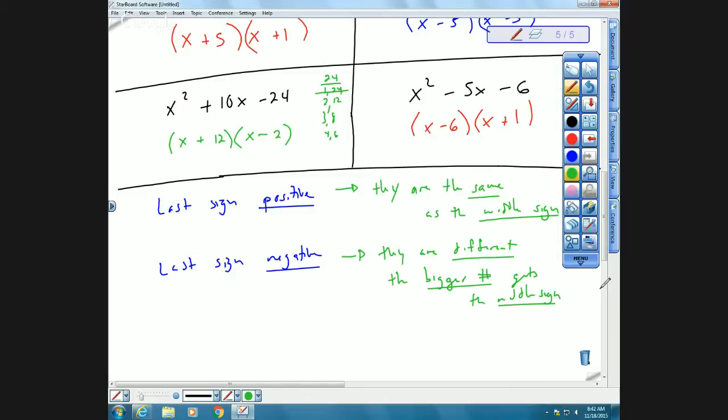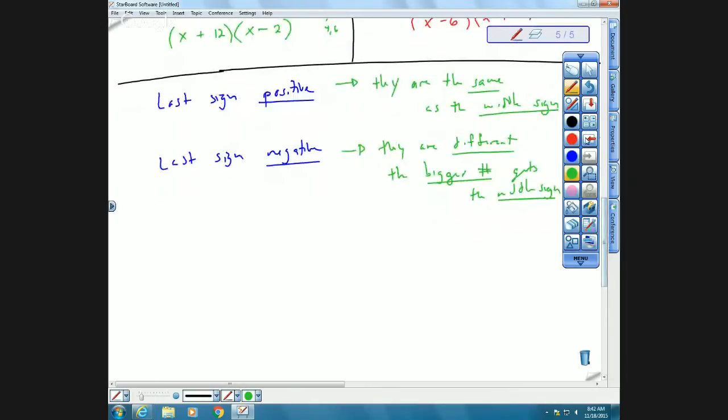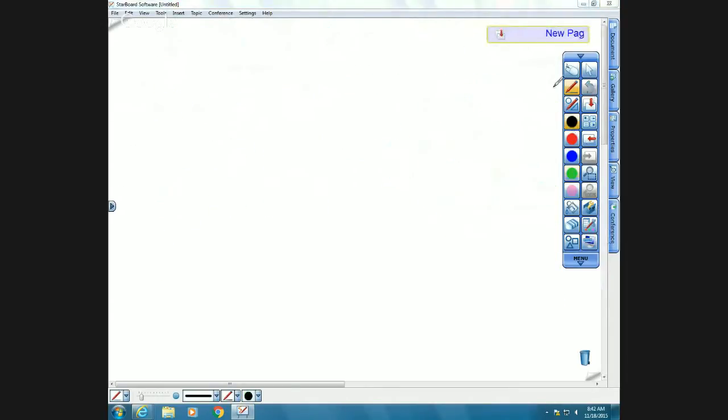So again, if you don't like negatives and positive adding them, then you can kind of look at those patterns. All right, what if I have